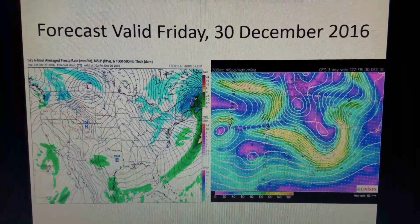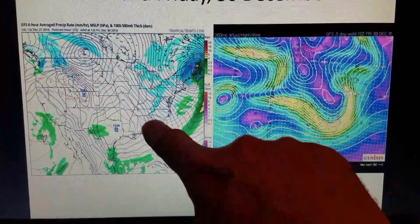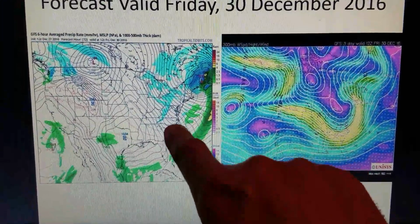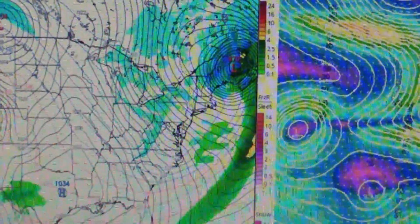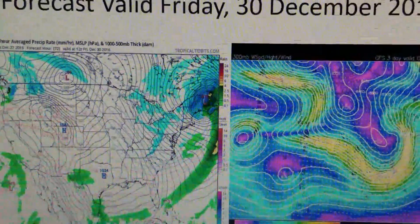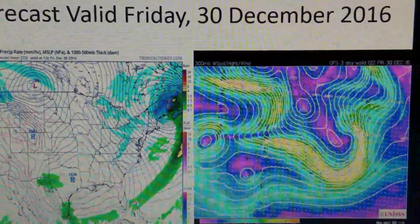So starting off with this Friday, the 30th of December, we have some very low thickness values that are dipping down into the southeast into northern Georgia, South Carolina, and what that's going to do, very low thickness values into southeast Virginia, as low as 522 decameters of thickness, which indicates very cold air. We still expect this Friday to be the coldest day of the week, with high temperatures between 41 and 43